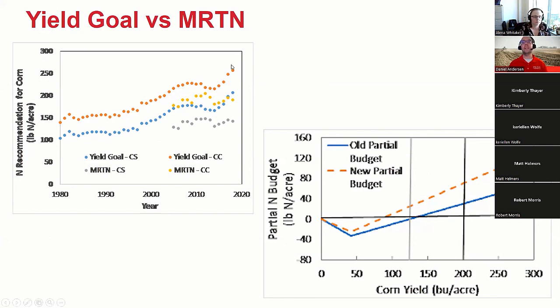And orange is the same for continuous corn. And the first thing you'll notice is a pretty strong increase with time as we've moved ahead from 1980 to 2000 to 2020. And that's just related to improved corn yield per acre per year, right? If we are growing more corn, that estimate says that we should be putting on more nitrogen. Starting in the mid 2000s, I did the same thing for MRTN corn and soybean. And that was roughly the time period when the MRTN tool was released.